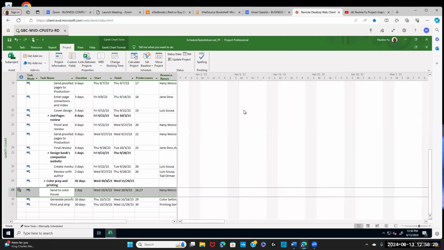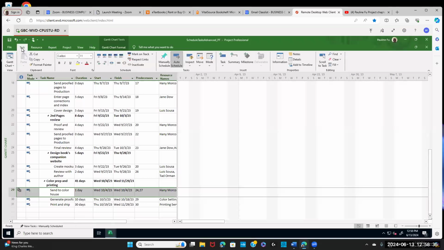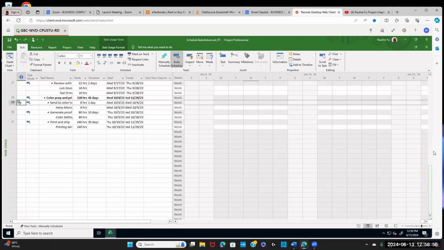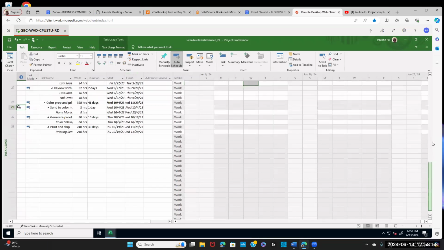So first, we display task usage view. Go to task, click task. Under the drop-down list, Gantt chart, you have task usage view, task usage. So this is the task usage. Okay, if I scroll up,